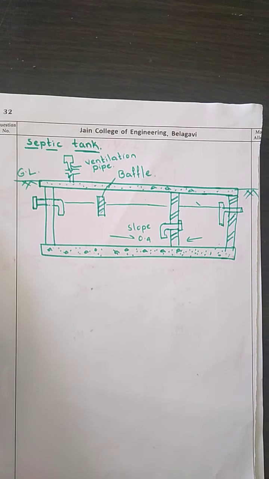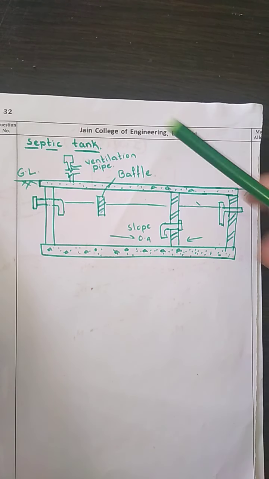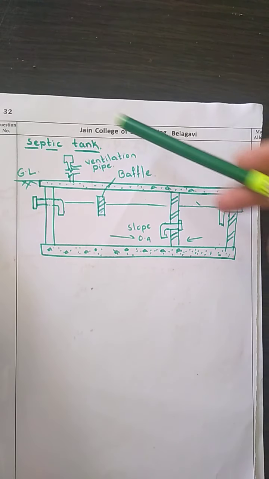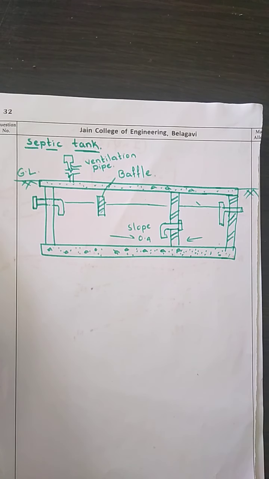I think you know about the septic tank. In the septic tank, the waste or fecal material coming from the house, or wherever the population is around 50 and there are no drainage connections, that is, the wastewater coming from the WC along with the fecal material, is going to be stored in the septic tank.